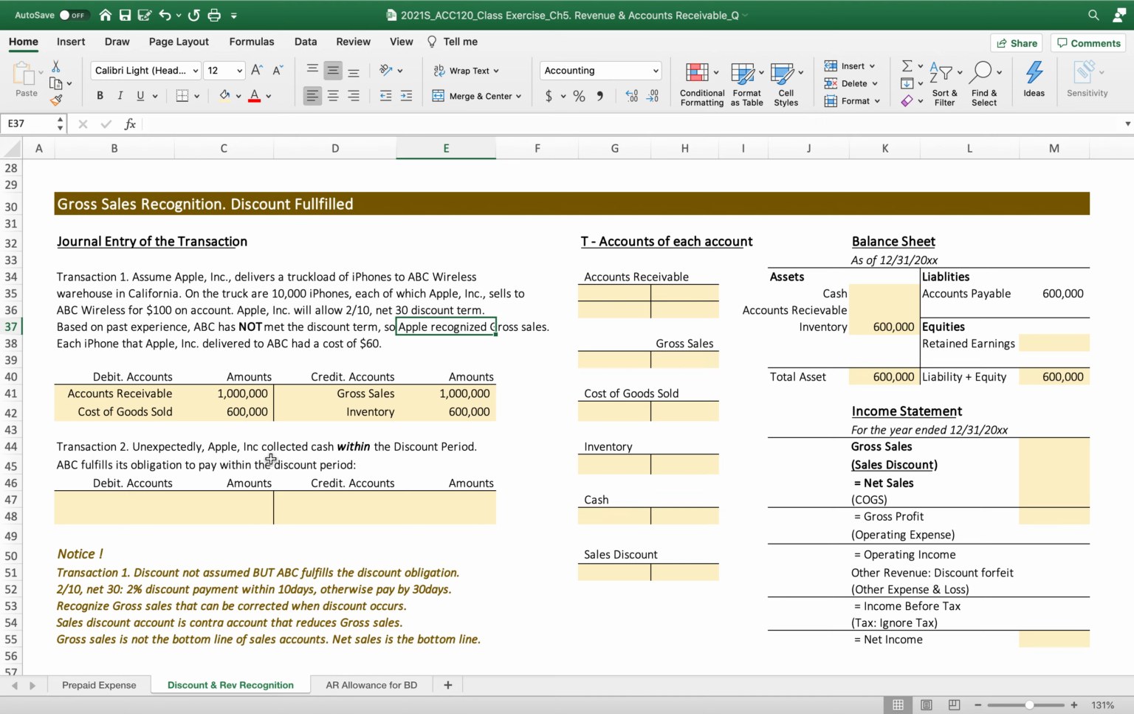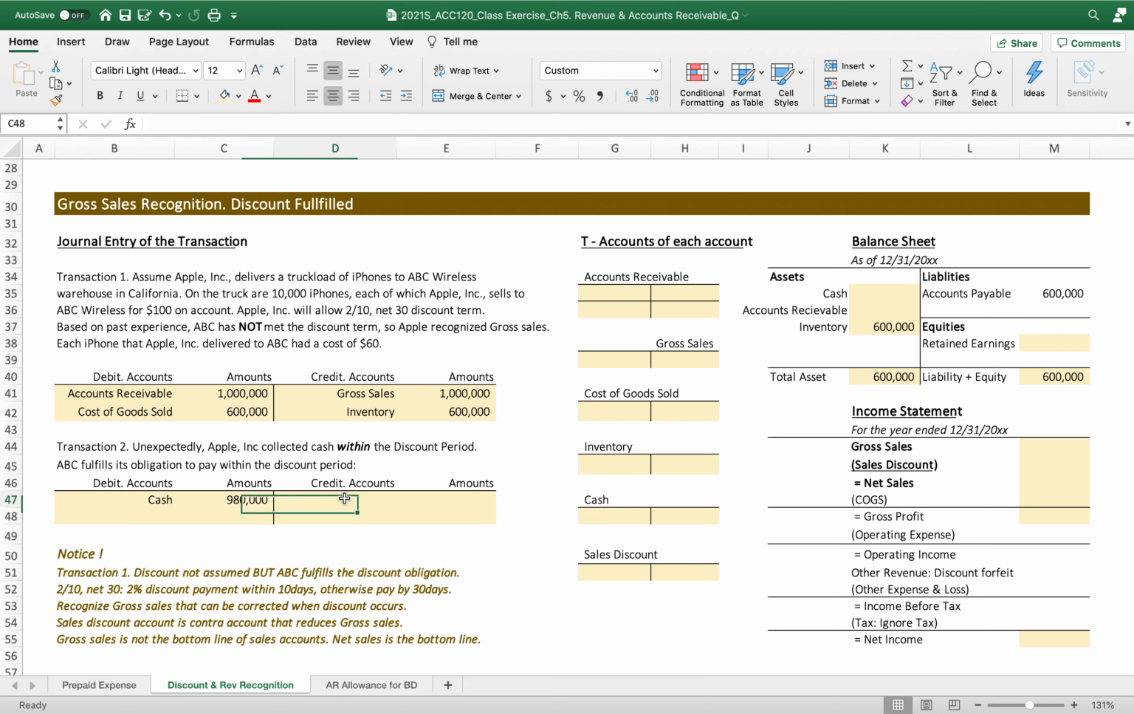Unexpectedly, Apple Inc. collected cash within the discount period, within the 10 days, because ABC fulfills its obligation to pay within the discount period. Then, that's the point. How much then Apple collected? After 2% discount, the discount term is 2/10 net 30, so 2% discount within 10 days. So how do you calculate it? Now cash amount is 1 million times after 2% discount, so